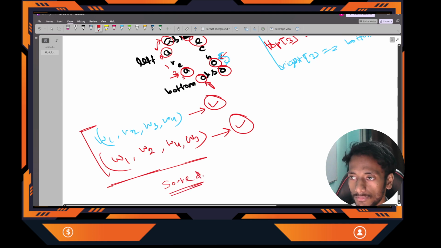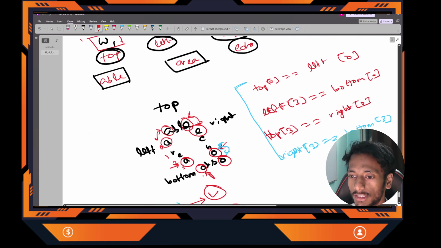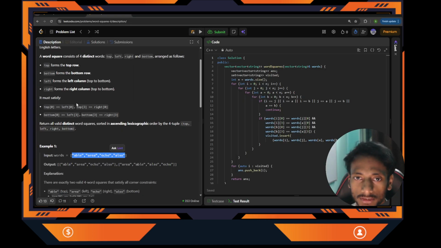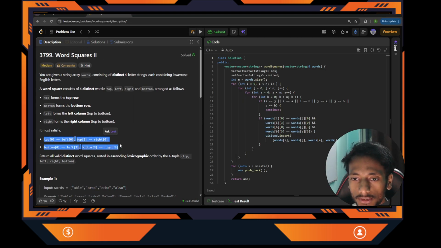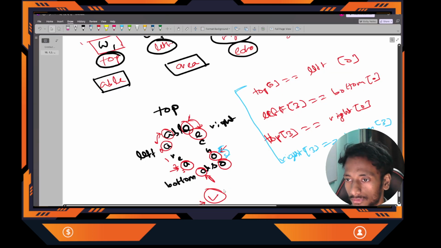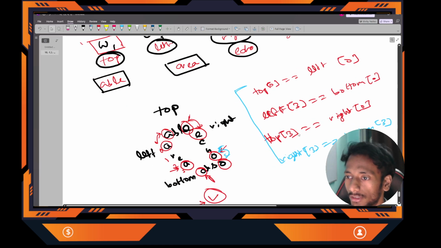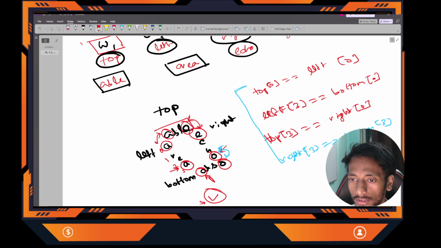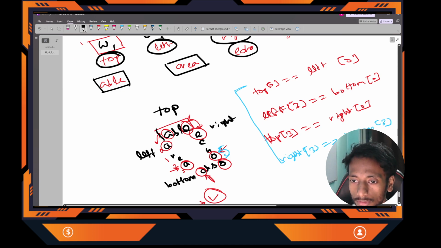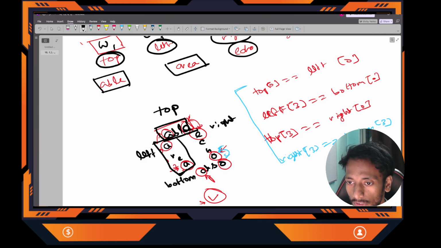So this is clear. You can see what they mentioned in this condition, in these 2 lines, I have explained through this diagram. Top 0 equals left 0, then top 3 equals right 0. Just try to draw the diagram and place all the words in this square way, then it will be easy to understand. Okay,